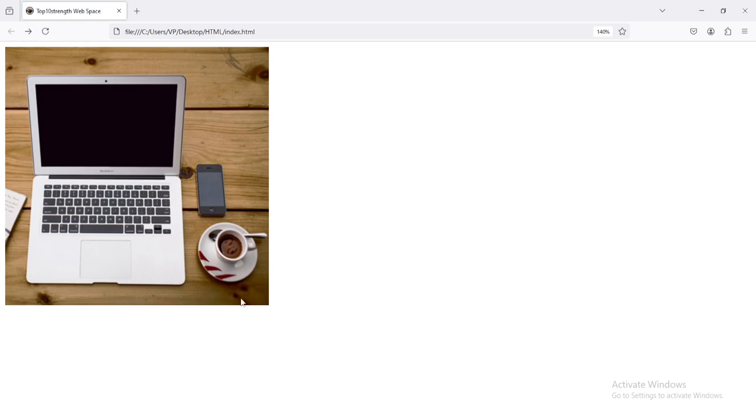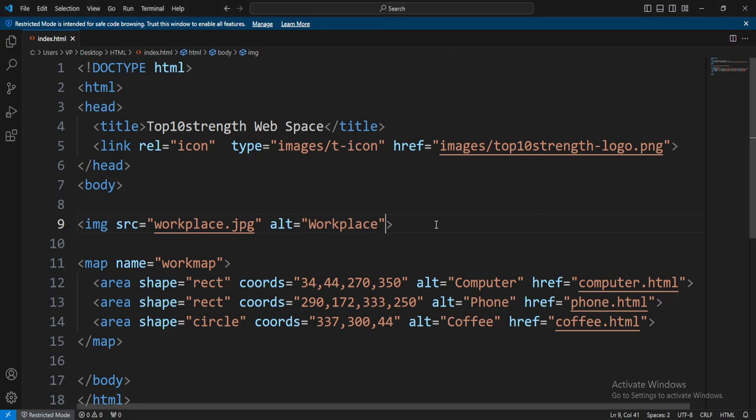We are not able to get directed to anywhere. We are not able to direct ourselves anywhere right here. As you can see, you click on it, but nothing happens. But when you use the usemap attribute,